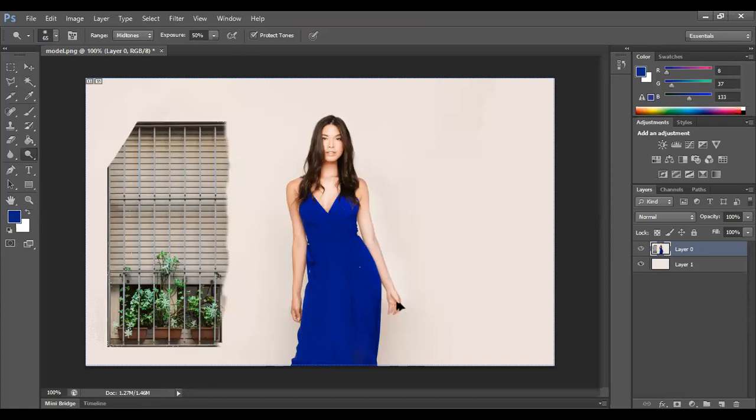Okay, the opposite of the dodge tool is the burn tool. It is used to darken the image, darken the face of the image. So you want to darken it a bit. You can see what is happening when I darken the image. The shade of the skin is getting darker, and if you overdo this, it will look very bad. I'm just showing you how to darken the image a bit.